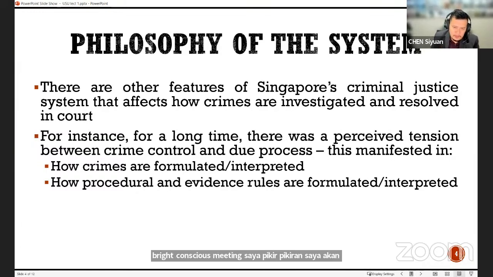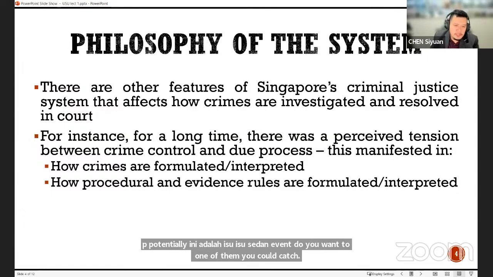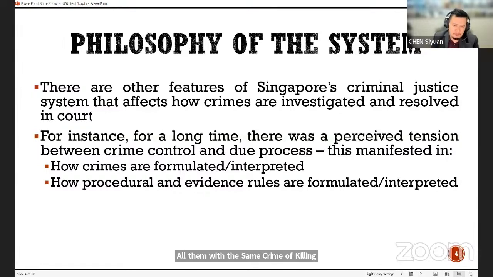But in Singapore, the thinking is a bit different. In fact, fundamentally different. The mentality is, hey, if you didn't commit a crime, why are you keeping quiet? Right? So if you didn't commit a crime in Singapore, you must speak up, or at least you are encouraged to speak up early, because if you only speak up later on, there's a good chance that no one is going to believe you anymore. Okay, so it's a very different approach from how the other common law jurisdictions work.